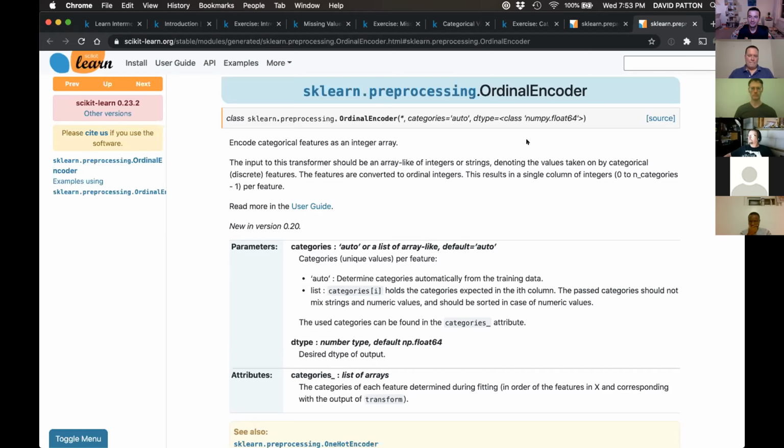If you have a really large number of categories, which can happen in some fields, there are much more advanced ways to treat categorical features. You can do hash bucketing, you can do embedding of the values. Those are suitable for a really large number of categories.